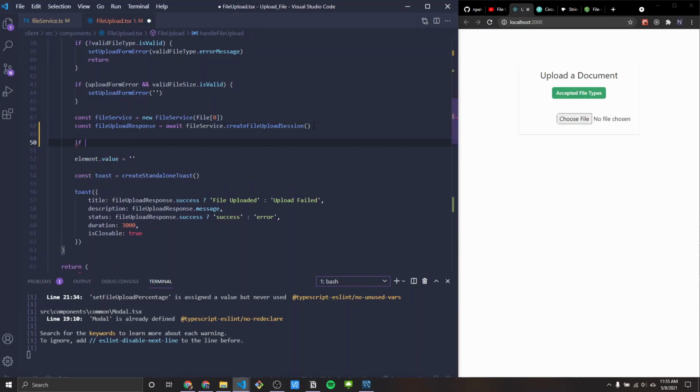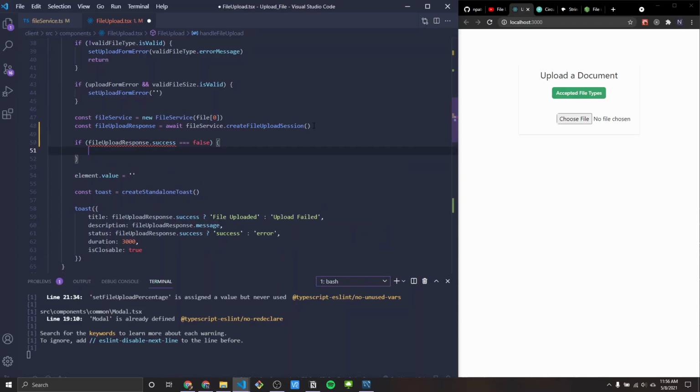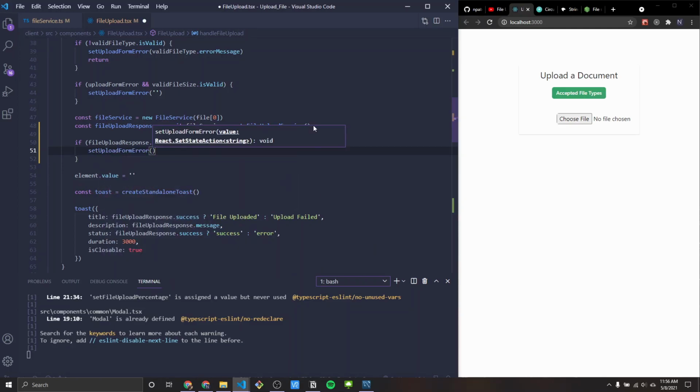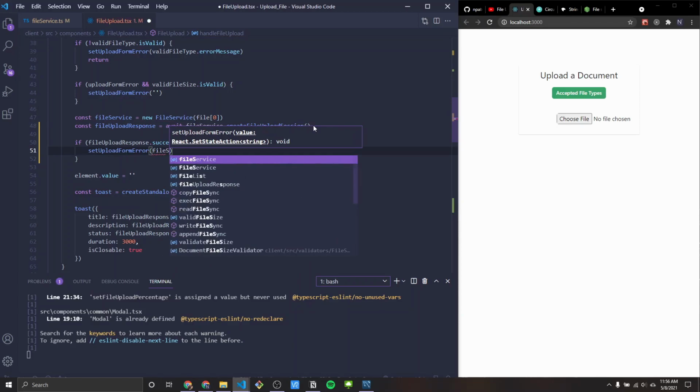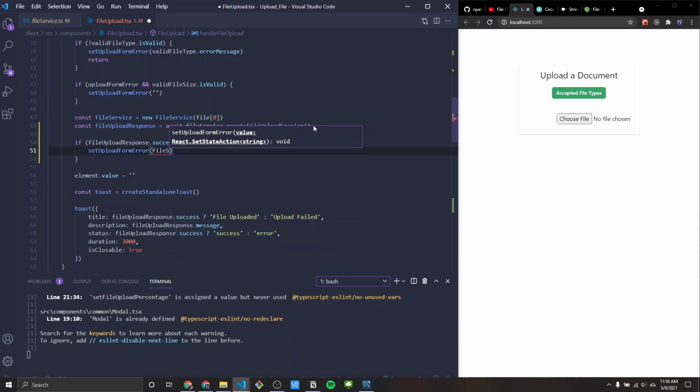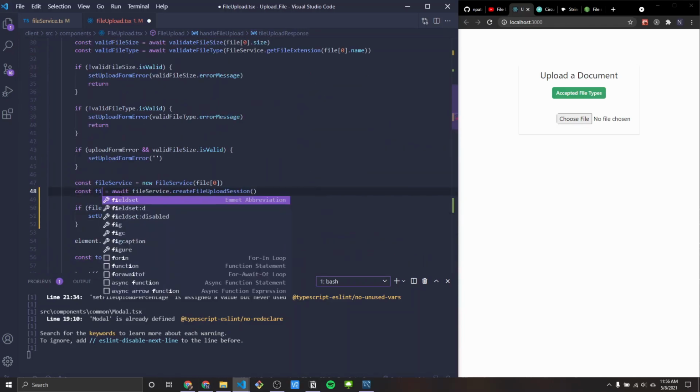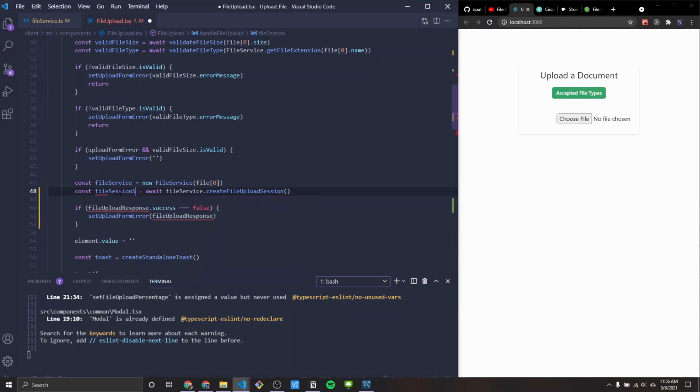If the file upload session response.success is equal to false, set the upload form error, and then we'll do this file session file upload response. And this is not a good name for this. I didn't get to change it. File session details